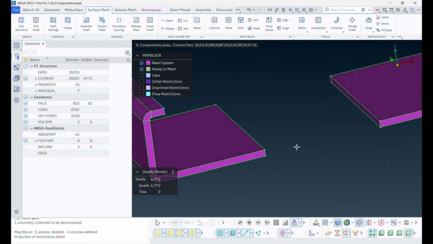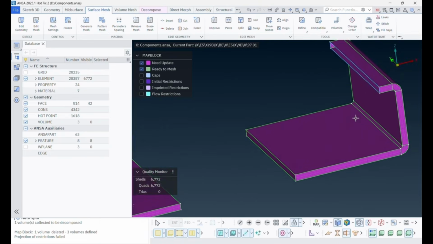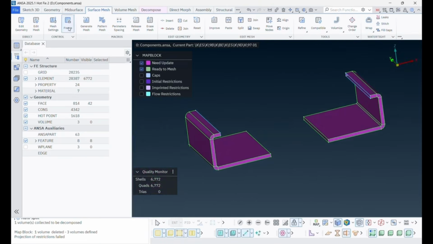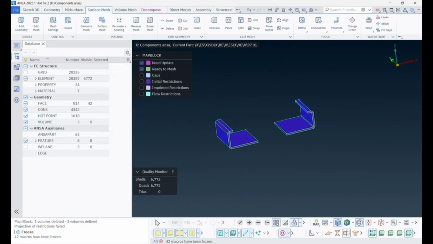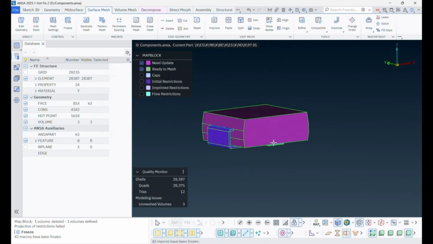Once the pin region meets expectations, you can freeze this part of the mesh first, then execute update. This way, when making overall adjustments later, the mesh in the critical region will not be disrupted again.